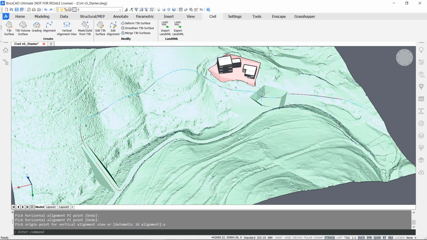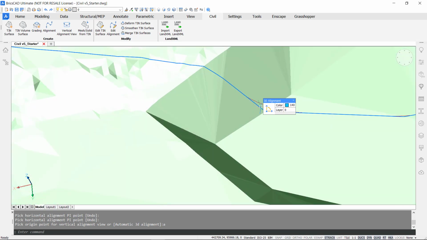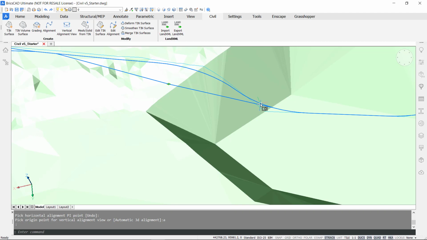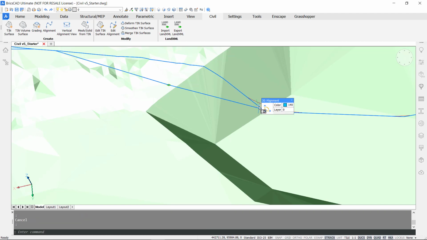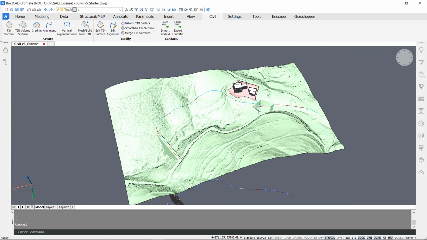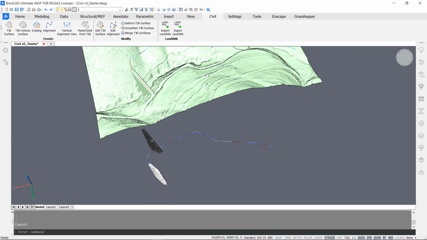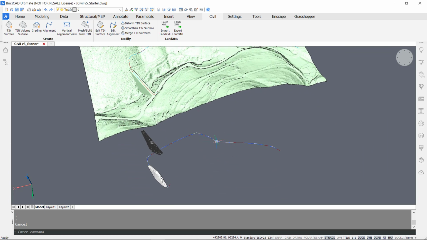So now you see I actually have two lines, one blue and one red. The red one is the alignment and the blue one is actually the profile of your TIN surface. So I can show you a little bit later. But you will see here again,